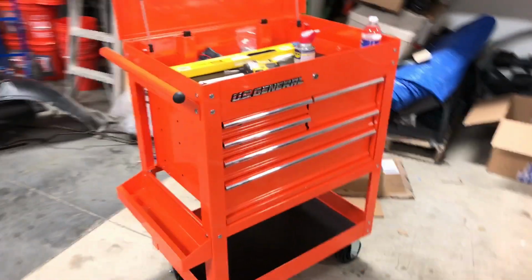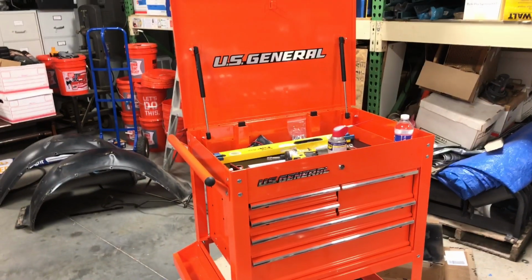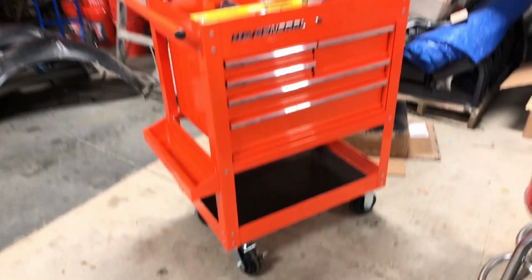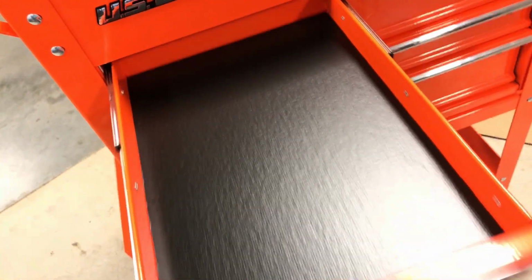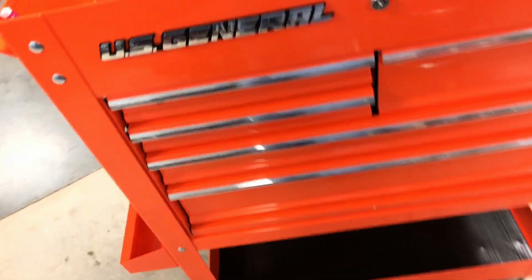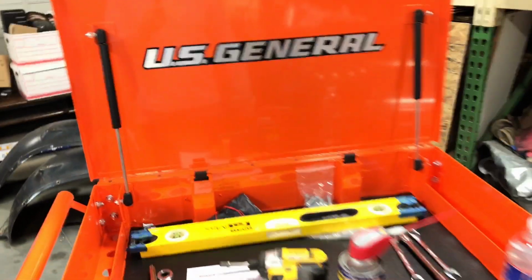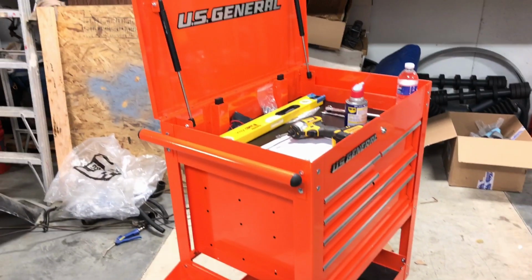Wild Hair and ended up going to Harbor Freight and buying one of these tool carts. And this thing, I had a coupon. It was like $189. Figure what the heck, we'll give it a shot. It's actually not a bad little tool cart here. It's got decent slides on the drawers here. Nice ball bearing slides, and I think Harbor Freight's finally starting to make some decent stuff. I mean, it's no Snap-on or even a Craftsman back in their heyday, but for 189 bucks,